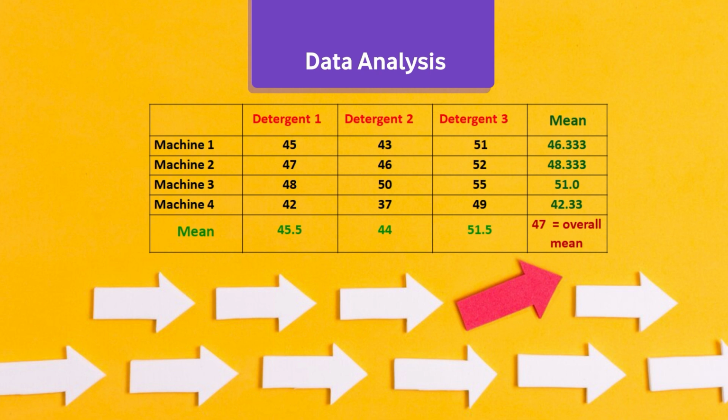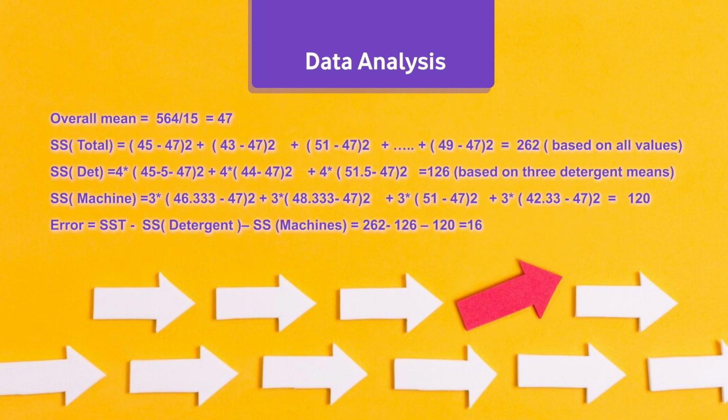So, we will have to calculate the sum of squares. We will look at the mean values of the detergents. The mean value is 45.5 for detergent 1, the mean for the second detergent is 44, and the mean for the third detergent is 51.5, and the overall mean is 47. So, we will subtract the overall mean, 47,